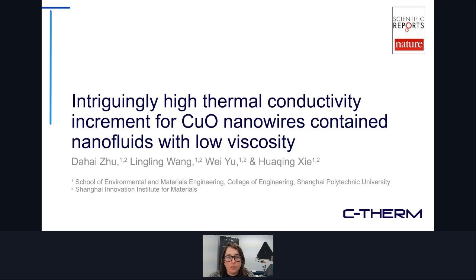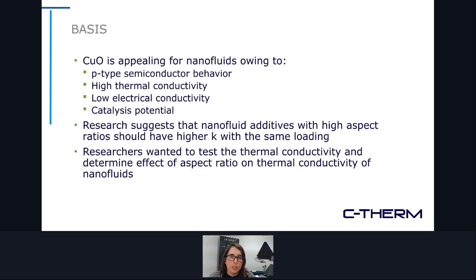The next application data report we'll take a look at is titled Intriguingly High Thermal Conductivity Increment for Copper Oxide Nanowires Contain Nanofluids with Low Viscosity. So one of the biggest challenges with nanofluids in terms of managing the thermal properties and also the viscosity is that as you add more filler to a fluid, it is going to become more viscous, generally speaking. And so that increase in viscosity poses a real challenge to get it to flow and work effectively as